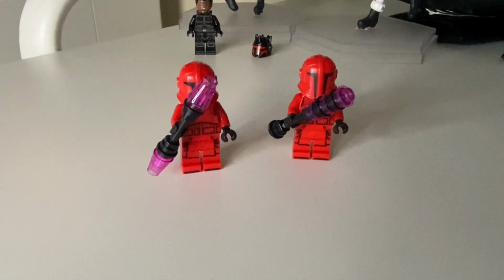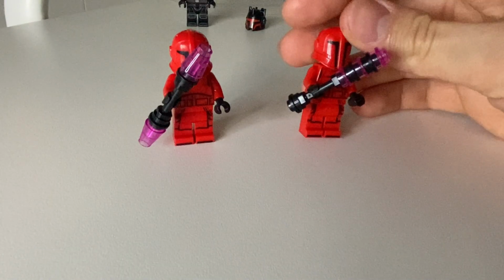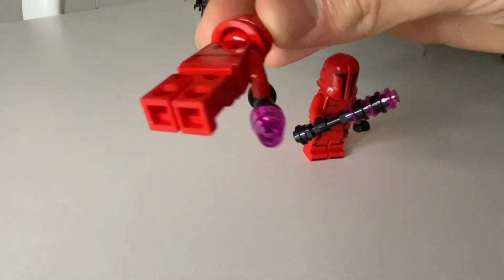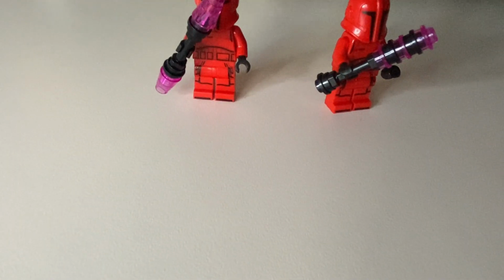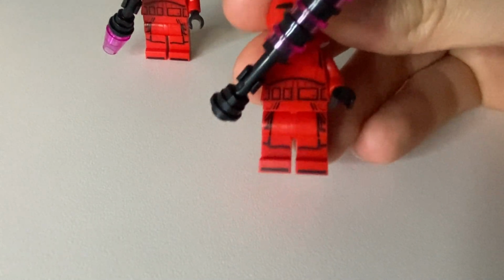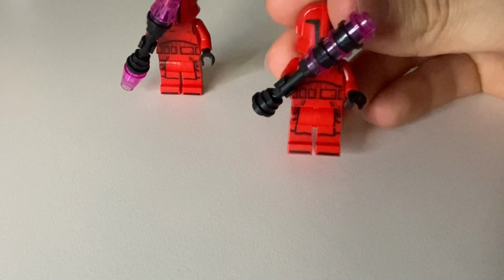For the next two figs, we have the two Imperial Praetorian Guards. They're both the exact same fig, and they don't have any printing on their head. It's just a red head, as you can see. But they have some interesting back printing and some interesting front printing. They actually surprisingly did have some toe printing as well, as you can see, even though it's just a small black line. But they also had some hip printing, and it's supposed to be a skirt they're wearing or some